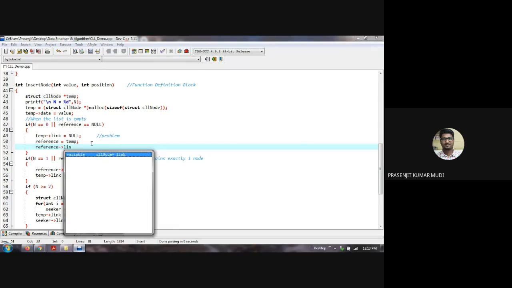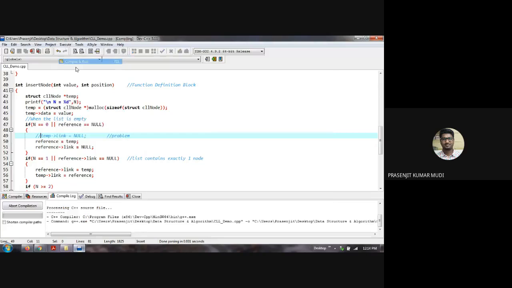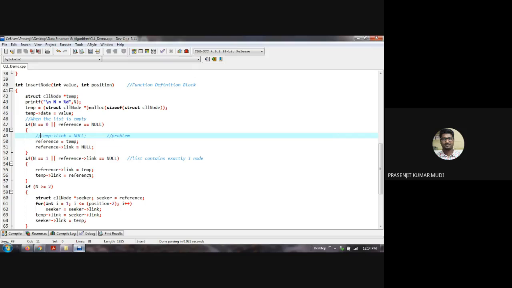আচ্ছা, এখানে যদি আমরা রেফারেন্স পয়েন্টিং লিঙ্ক ইকুয়াল টু নাল করি, কোডটাকে রান করানোর জন্য, তাহলে কী হয়? টেম্প পয়েন্টিং লিঙ্ক ইকুয়াল টু নাল করলে রেফারেন্স পয়েন্টিং লিঙ্ক ইকুয়াল টু নাল অটোমেটিক্যালি হয়ে যাচ্ছে, সেটা আমাদের ধারণা। দেখি একবার। ঠিকই তো, তার মানে আমাদের কনসেপ্টটা ঠিকই আছে। সেজন্য নিজের যা কনসেপ্ট আছে, সেটা সঠিক হলে তাতে অটল থাকবে। টেম্প পয়েন্টিং লিঙ্ক ইকুয়াল টু নাল করলে অটোমেটিক্যালি রেফারেন্স পয়েন্টিং লিঙ্ক ইকুয়াল টু নাল হয়ে যাচ্ছে।